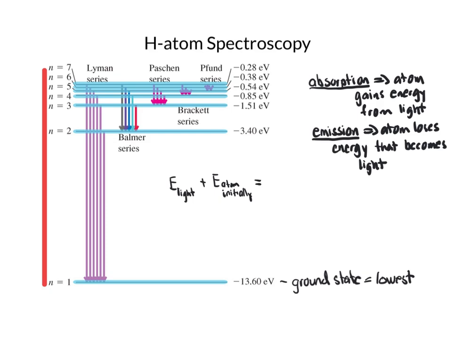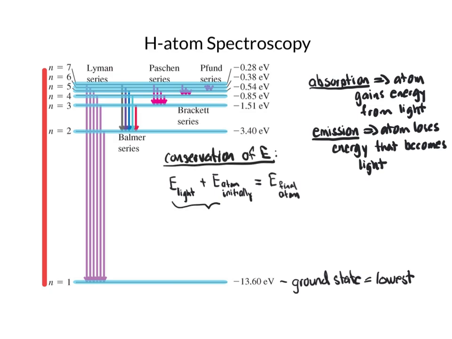And at the end of this process, the atom is in some final state, and we don't have a photon anymore, or we don't have any light. We call that amount of light a photon. We don't have that photon or that light anymore because the atom has gained that energy, that light. And so we can see from this conservation of energy